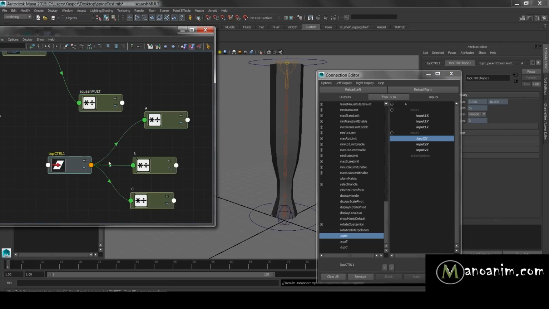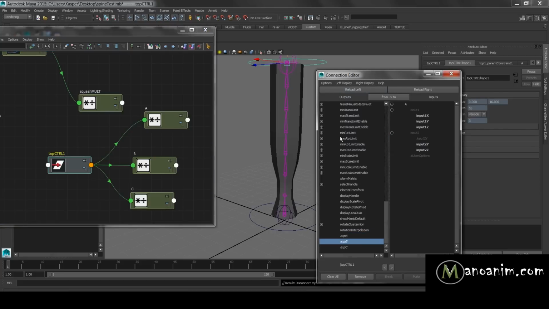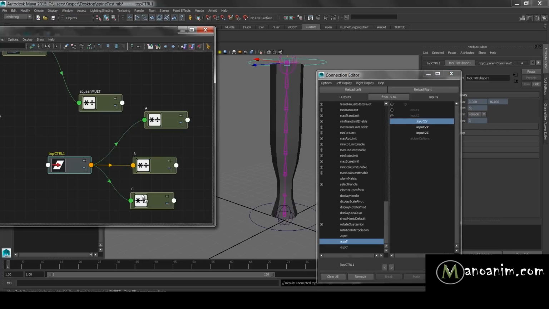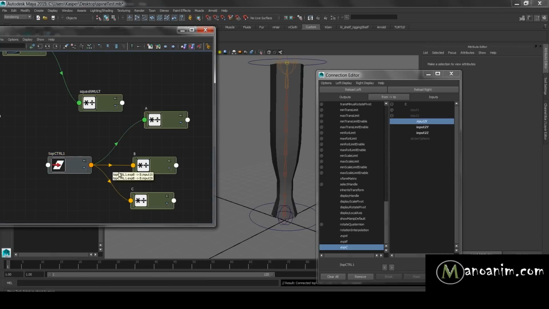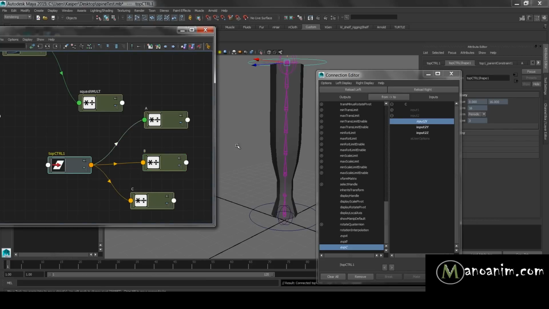So right now I just want to drop this value into all of them. So if I say from B to input B, I'm going to drag and drop that here. So B to 2x, C to 2x. You can see this one turns yellow because now I have more than one connection coming into these nodes, and it's because the output of this controller is basically going into both input 1 and 2,